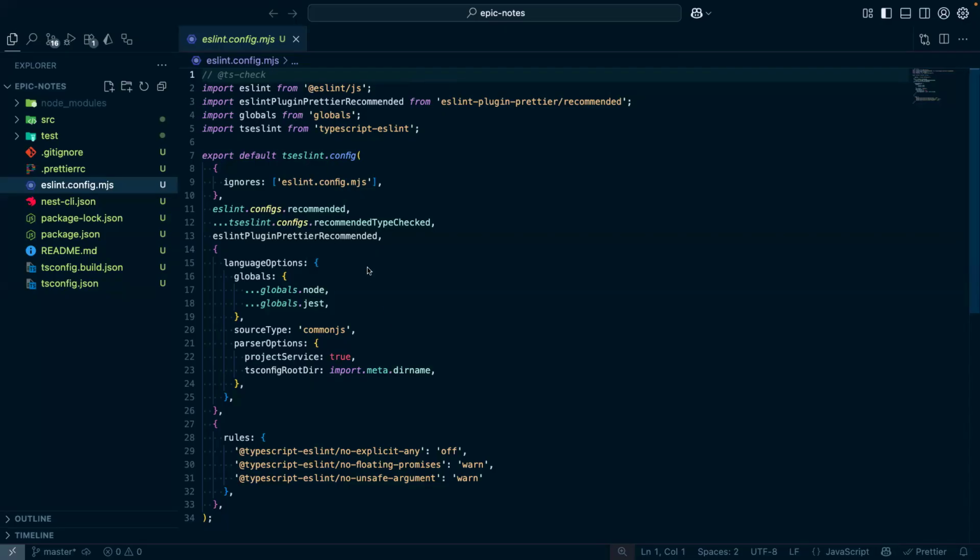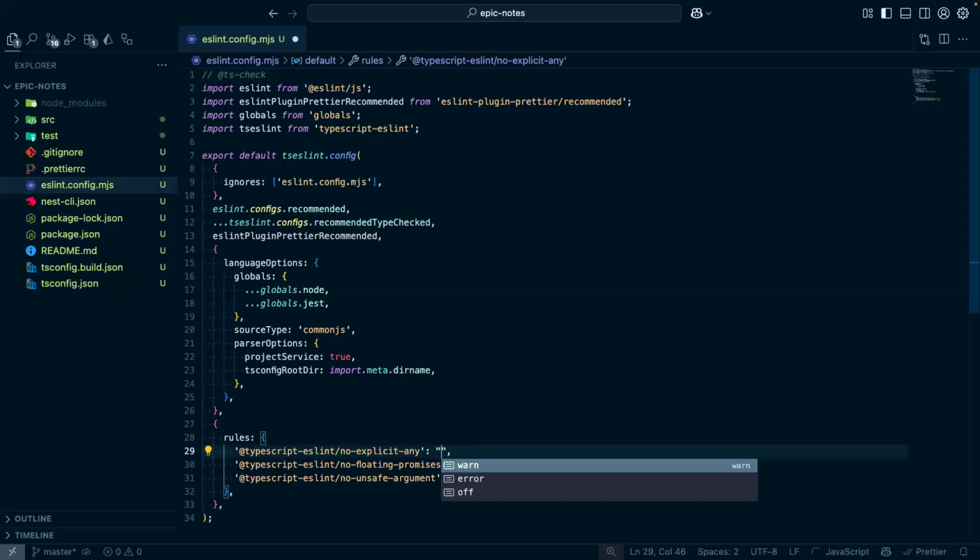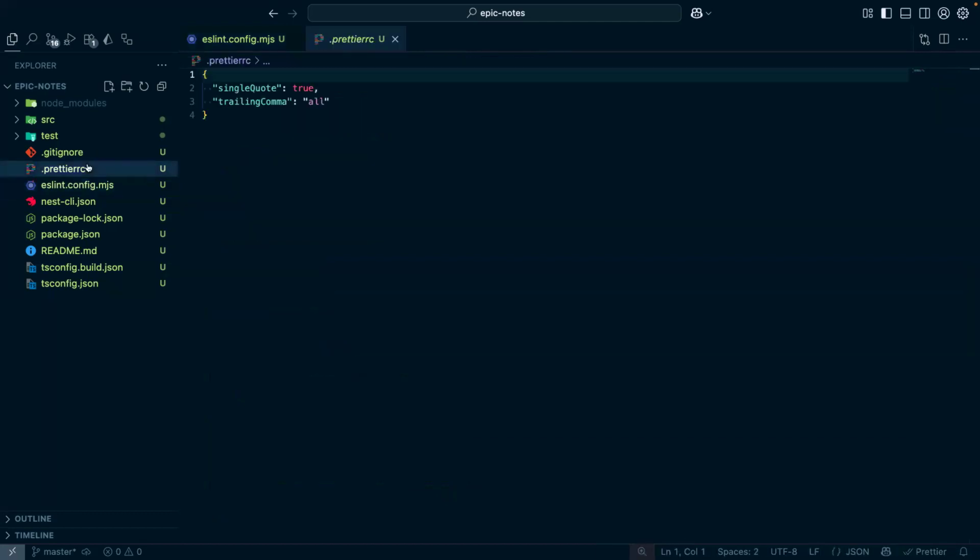If you take a look at this, we have our ESLint config here. We have source type is CommonJS, and there are rules. No explicit any is turned off. No floating promises is warn. No unsafe argument is warn. No explicit any should be error. We want our project to be very strict so that if you use any anywhere in your project you get an error. So we have single quotes true, trailing comma all,